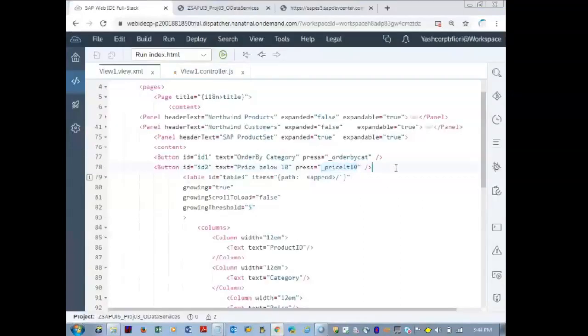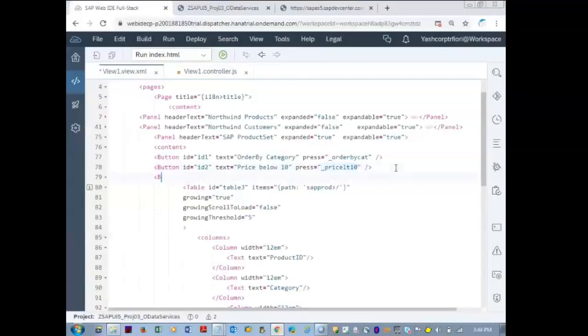Go to the view and add another button. Please type it manually. Don't use the layout editor. Give the ID and text: notebooks below 10. So we get the notebooks category, and at the same time the price also below 10. Any name you want you can give. I'm not bothered, just let it be meaningful.